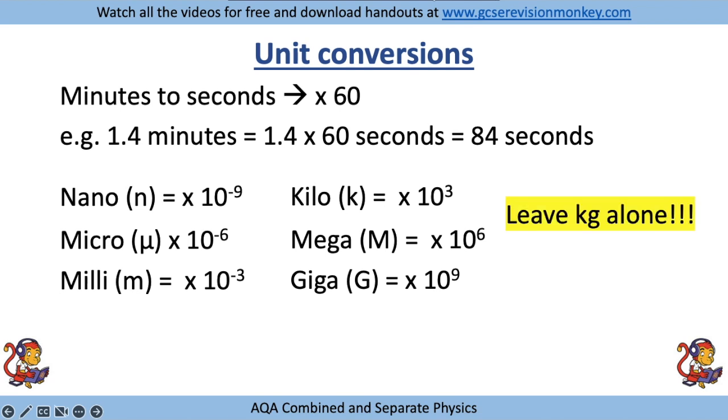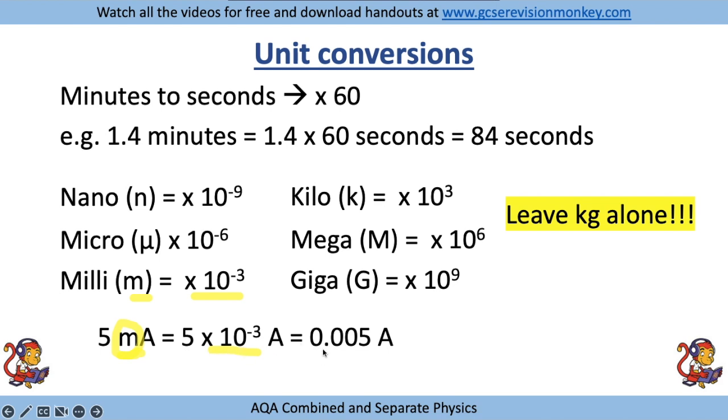But my top tip is leave kilograms well alone, because mass is supposed to be in kilograms. It's supposed to have that kilo prefix in front of it. So leave kilograms alone, but if you see anything else, convert it first. So for example, if you saw 5 milliamps, then you must swap out that milli for times 10 to the minus 3, because that's what milli is. So you'd end up with 5 times 10 to the minus 3 amps,